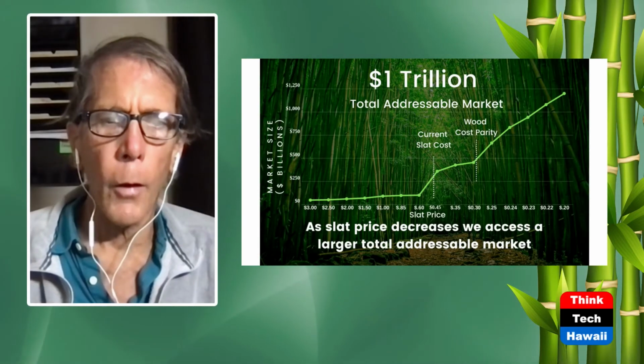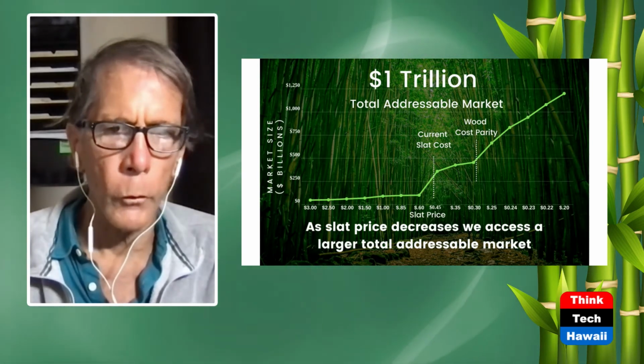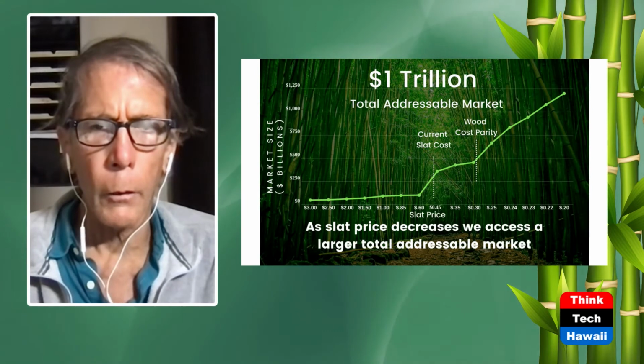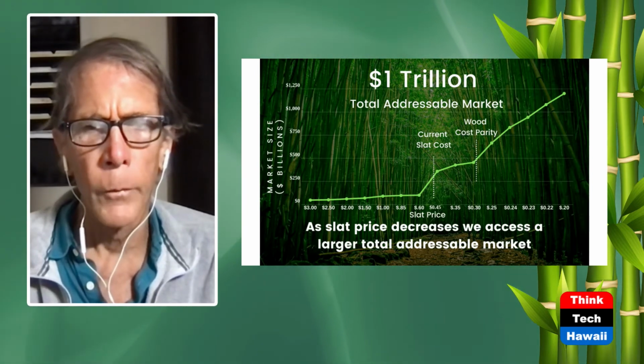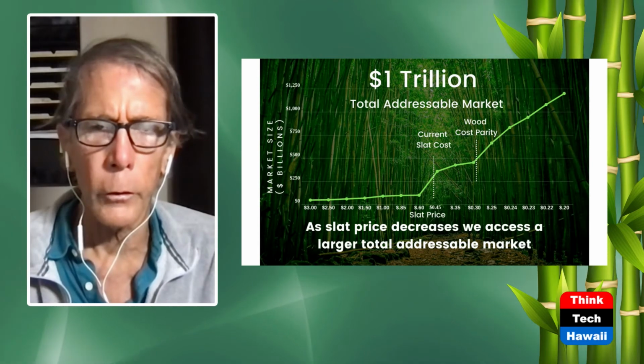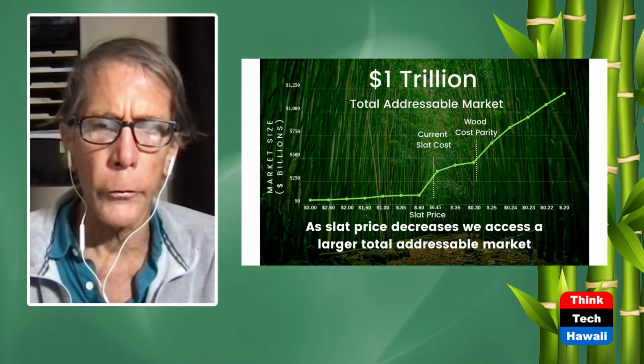Sure. How much money can I make at this? I don't have that off the top of my head, but I do know that it's a good crop. We're doing some test plots in Florida. There's family friends that were in the citrus industry, and they have about 30,000 acres in citrus. Unfortunately, the citrus has two diseases that are basically killing the crop and then killing the trees. And so they've been looking for an alternative crop for a number of years now. And the bamboo is easy to grow, and the returns are better than what they were going to be doing with the current state with the citrus. So it's good enough to be of interest to them as an alternative crop, but I just don't